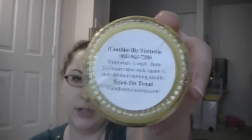The next one I got is Trick or Treat, and I believe this is a combination of candy corn and buttercream crunch. It just smells so good. It makes my mouth water. It's so sweet smelling. It's really yummy. So that was the 2 orders of the No Frills sampler pack, and those are the 8